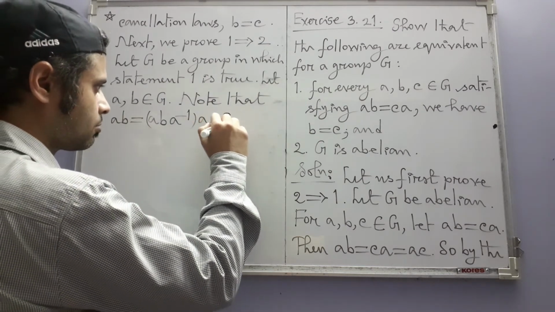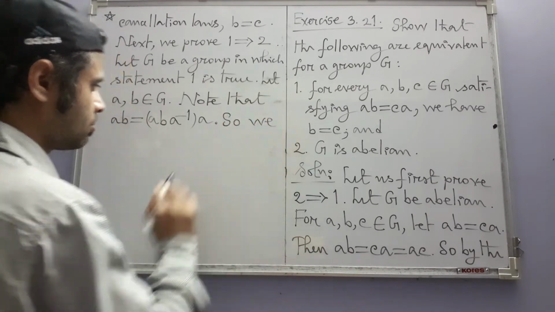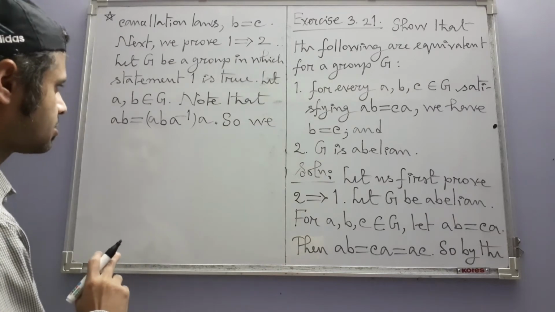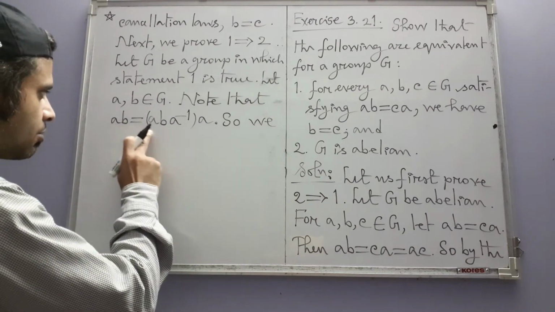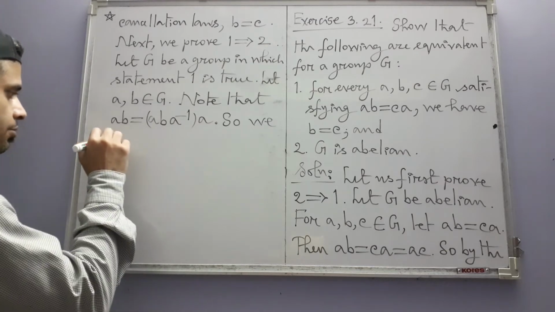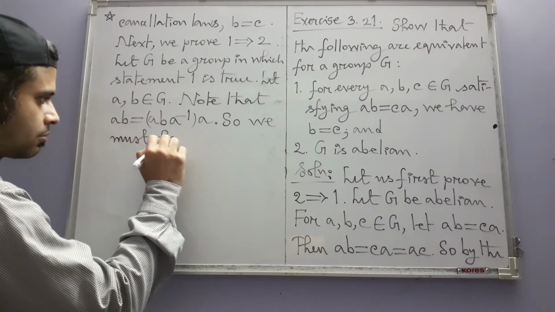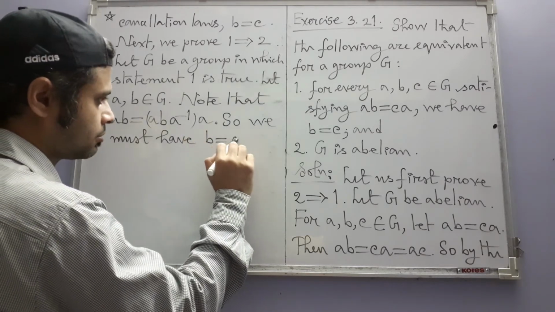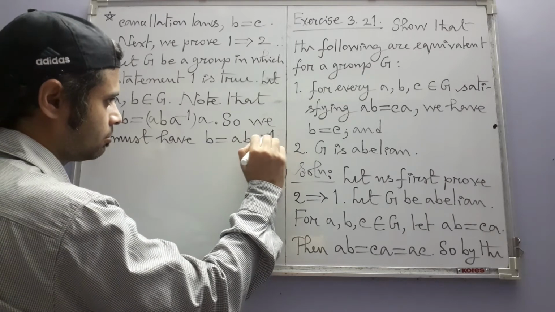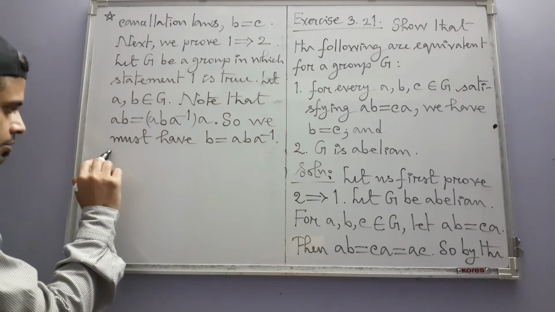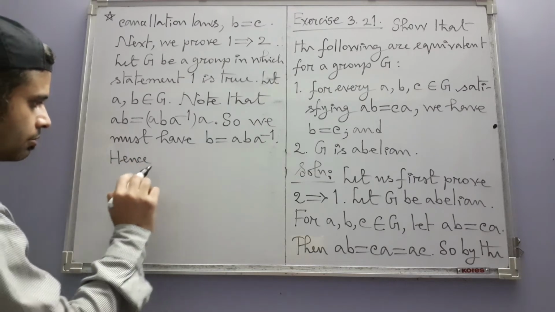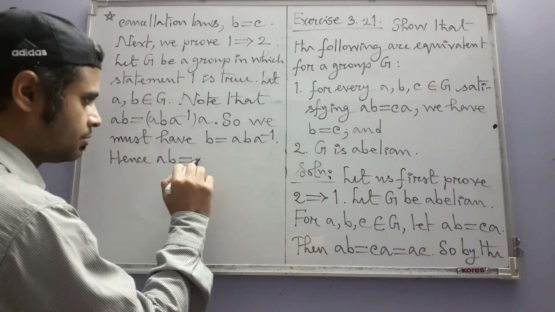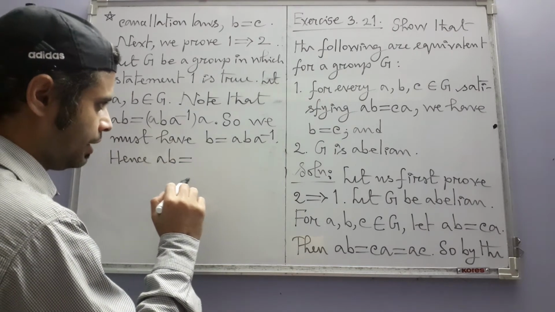So our first statement says that in this case B must be equal to this C. So we must have B equal to AB A inverse. Hence, but then what will happen to AB? AB will then be,